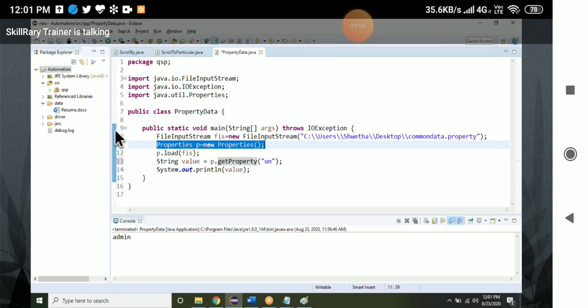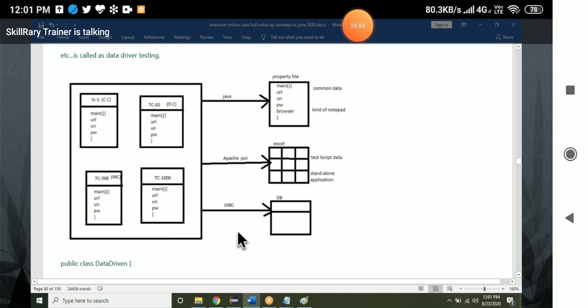Let me go to the diagram. You have to copy this: PC, DC, and MC. DC means delete customer, MC means modify customer.